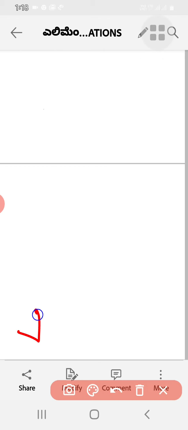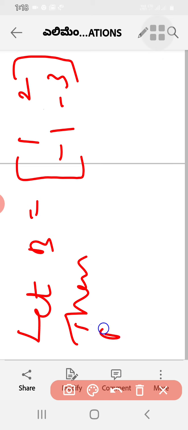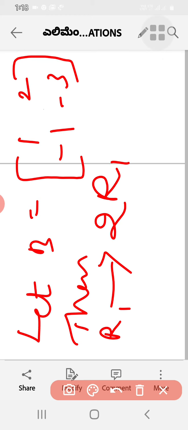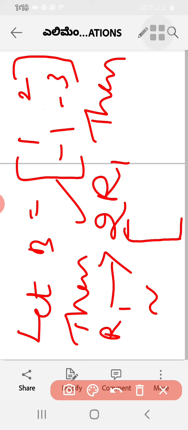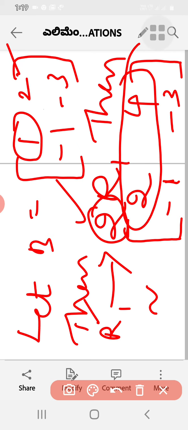Okay, so let us take another example. 1 minus 1 2 c minus 3. I will take this example. If I want to operate on the first row, I have to write R1 changes to 2R1. What is the meaning of this? I am applying it on R1, so I don't have to worry about the second row; I write the second row, minus 1 minus 3, as it is. The first element is 1, so 2 times R1 means 2 into 1, that is 2. Then 2 times R1 means 2 into 2, that is 4. So R1 changes to 2R1 means I have changed the first row, and it becomes 2 4.